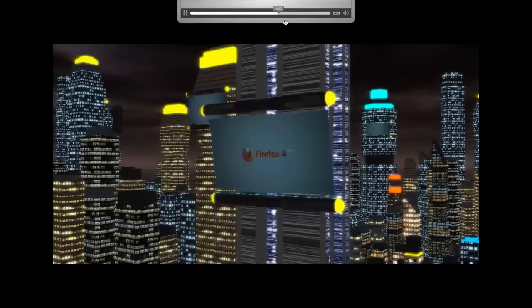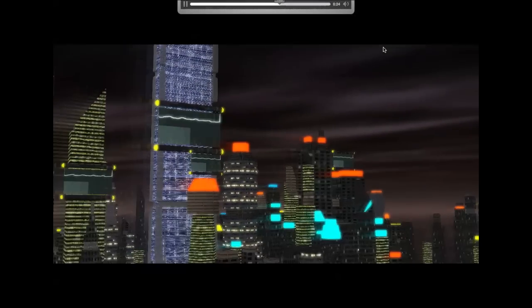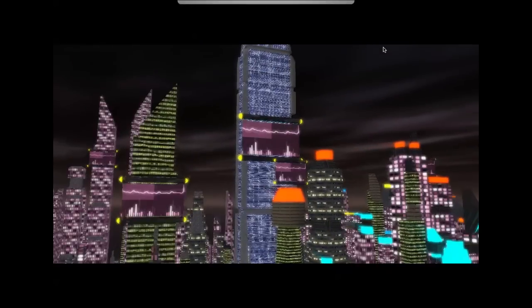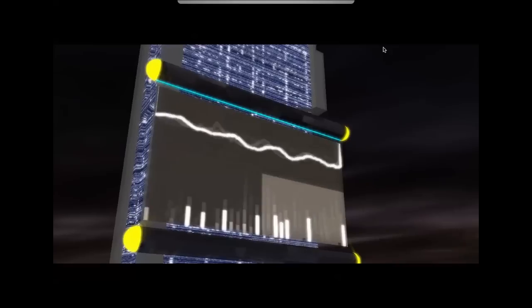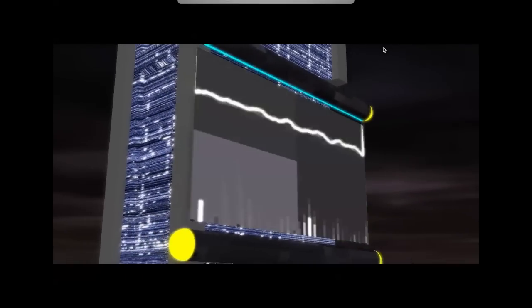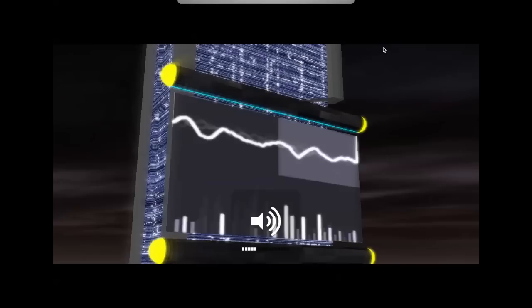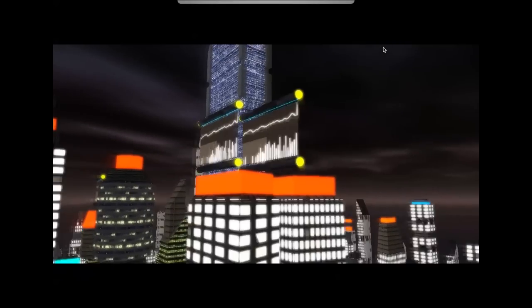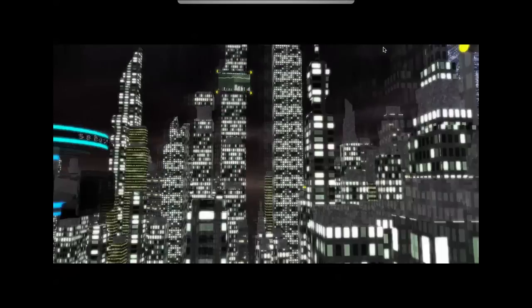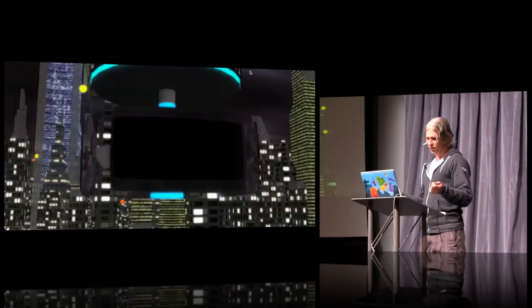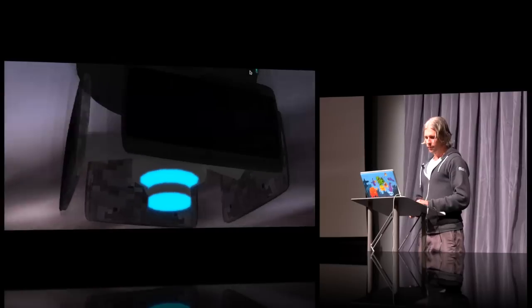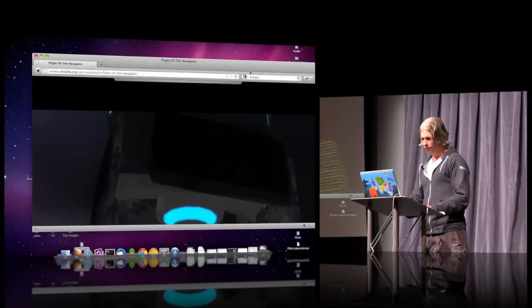What you're seeing is city rendering. This is all live, and the data is being pulled from audio, and then making this city responsive and reactive, which I think is one of the most interesting things when you get a hold of data. When you're able to combine music and the information behind it and apply it to a landscape, the whole thing pulses and animates with the data behind the music, basically just frequency and spectrum analysis. That produces some pretty interesting stuff. And this is a year or more old. This is old now. The stuff that's coming up is going to be really interesting.